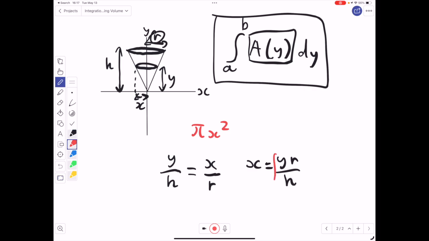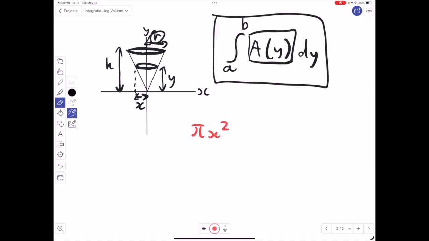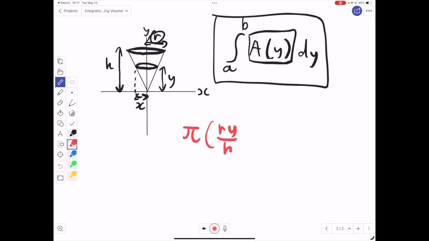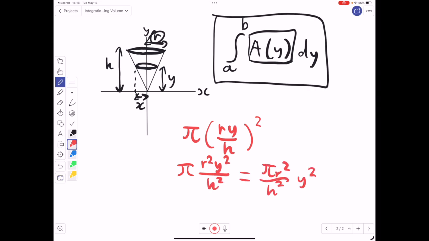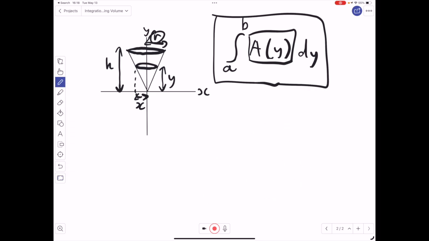Now inputting this into this, we get pi times (r y over h) all squared. Now since this is equal to this, just simplifying, we can simplify it even more like that. Now we can input this back in here. To do this, we are just going to write the expression from just now. So we're going to have this, and then A(y) just becomes the expression from just now, and then